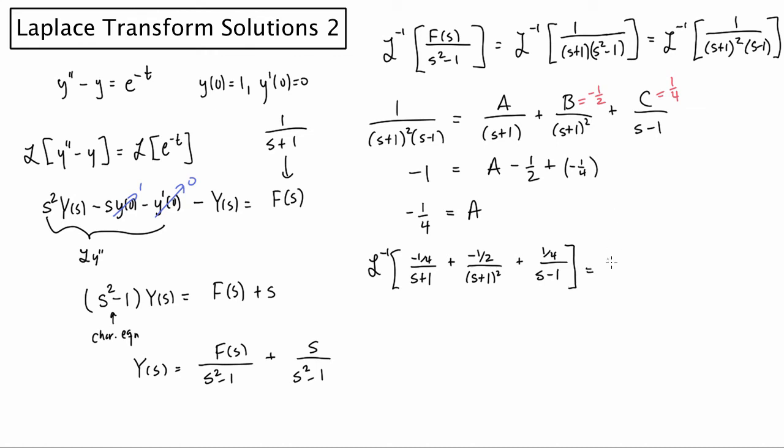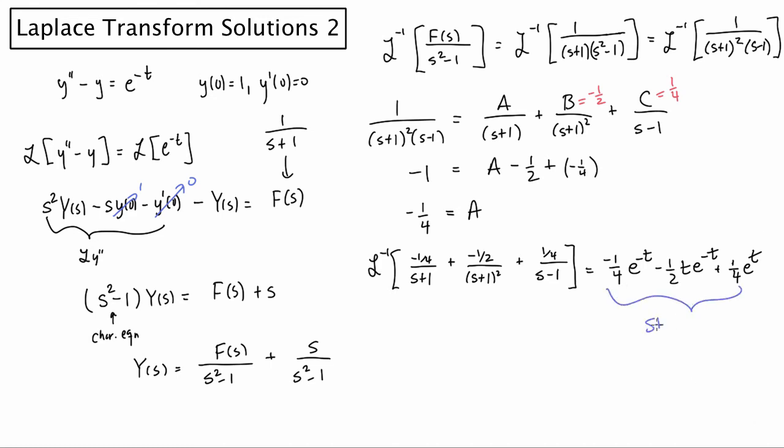The first one's pretty easy. It's just negative 1/4 times e to the negative t. That's its inverse transform. This one, because it's an S plus 1 squared, we've got a t involved in the problem. So this is minus 1/2 t e to the negative t. And then finally this last one is 1/4 e to the t. And so that would be the